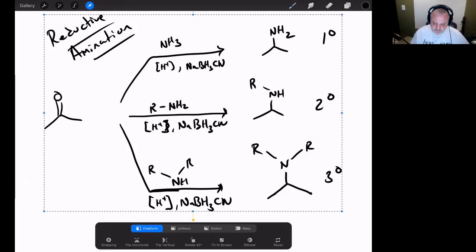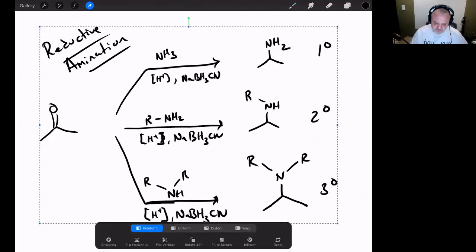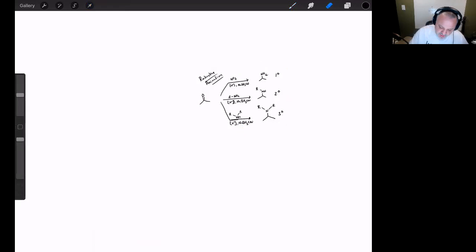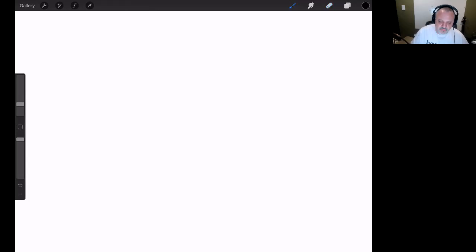Okay, there's one last reaction that I want to talk about. So this is one reaction of amines. And so we did spend most of our time talking about reactions that produce amines. Some of them are certainly new. Some of them are either repeats or they're minor variations of reactions that we already know. And so what I want to do is I want to discuss